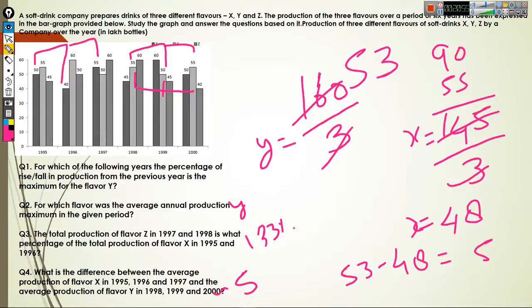So this is how you solve data interpretation questions. This is the first part of the video, and we have taken only the bar graph. In the upcoming videos we will see how to solve line graphs, how to solve missing DI, and how to speed up your calculation. We will see everything, but this is how you solve your bar graph questions.